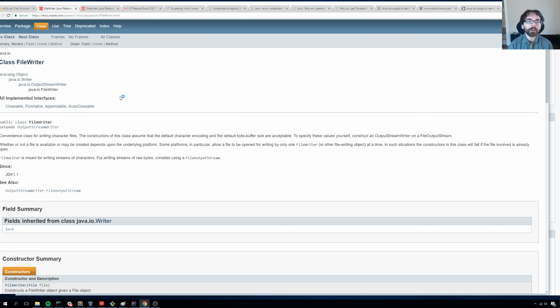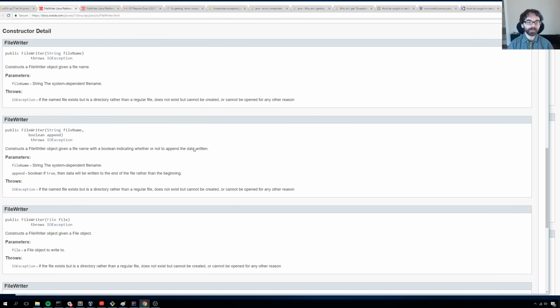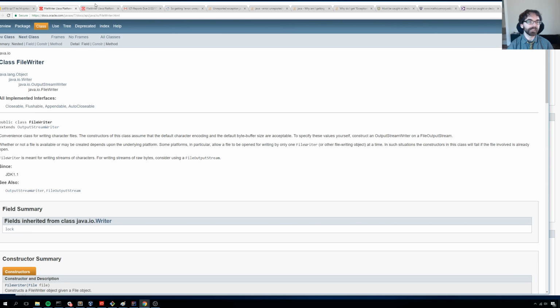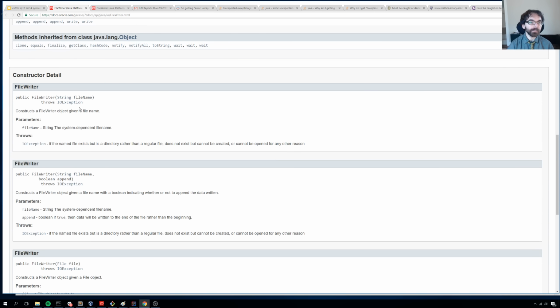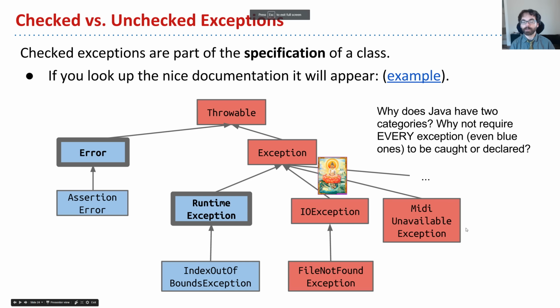Remember that Java is largely about making sure that you don't shoot yourself in the foot. And so here, basically, this is the API of a class called FileWriter, and we can see that each of the methods has this as part of the declaration. It's warning you that if you create a FileWriter, it might throw an IO exception. And so that means that if you're using a file writer, you need to keep that in mind. So that way, if you try to write to a file and you find, oops, writing to the file didn't work, then you can do something, whatever it is that you think is necessary.